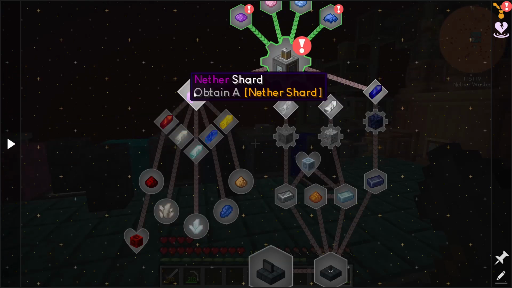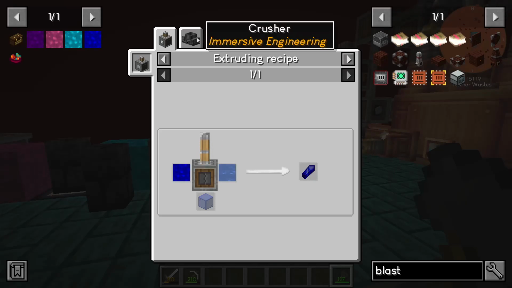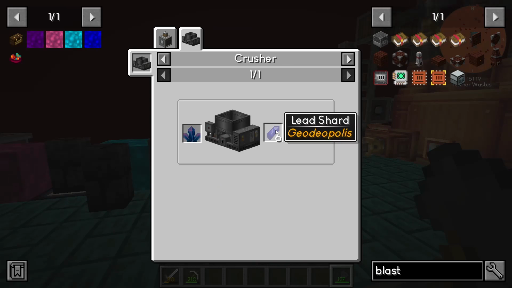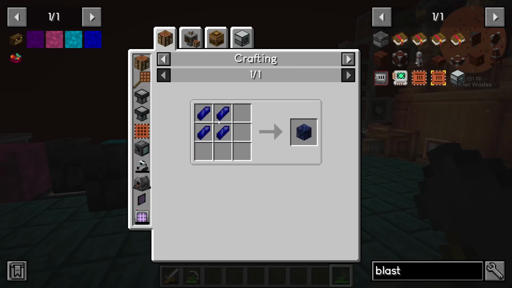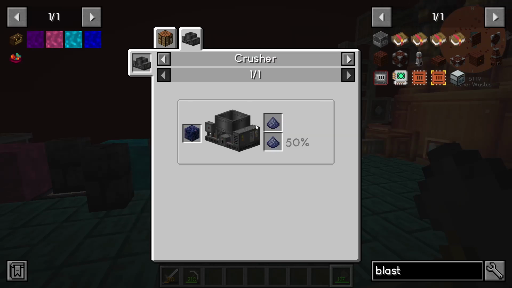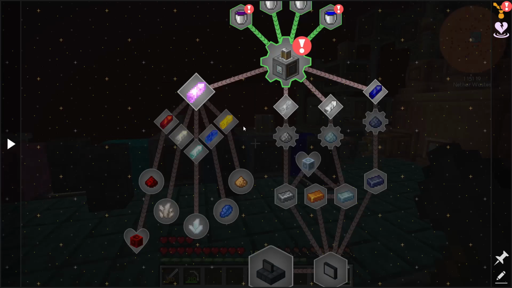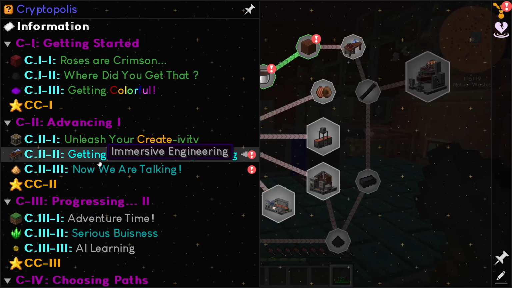But I need to get some of these shards to complete a quest, and then if we look at this, the uses, we need to actually craft this recipe right here to get the shard block, because this is what we use to actually get lead and stuff like that. But to get any of these ingots, we need the arc furnace. So,